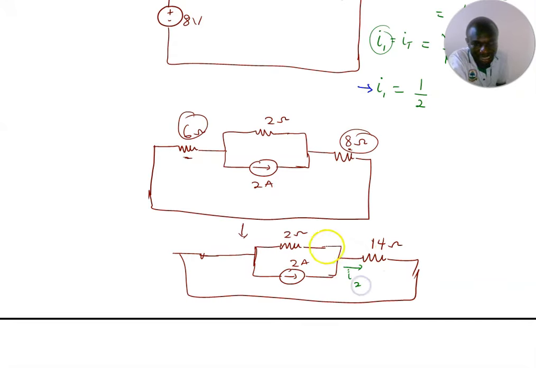Because you can see that the I2 is prior to what? The 8 ohm resistor, right? So this current, when it gets here, some branches to this path and another one flows here. So in that case, the 2 amps and the 14 amps, they are parallel. So to find the I2 is simply going to be what? The opposite resistor over what? The sum of the 2 resistors, which is 2 plus 14 times the total